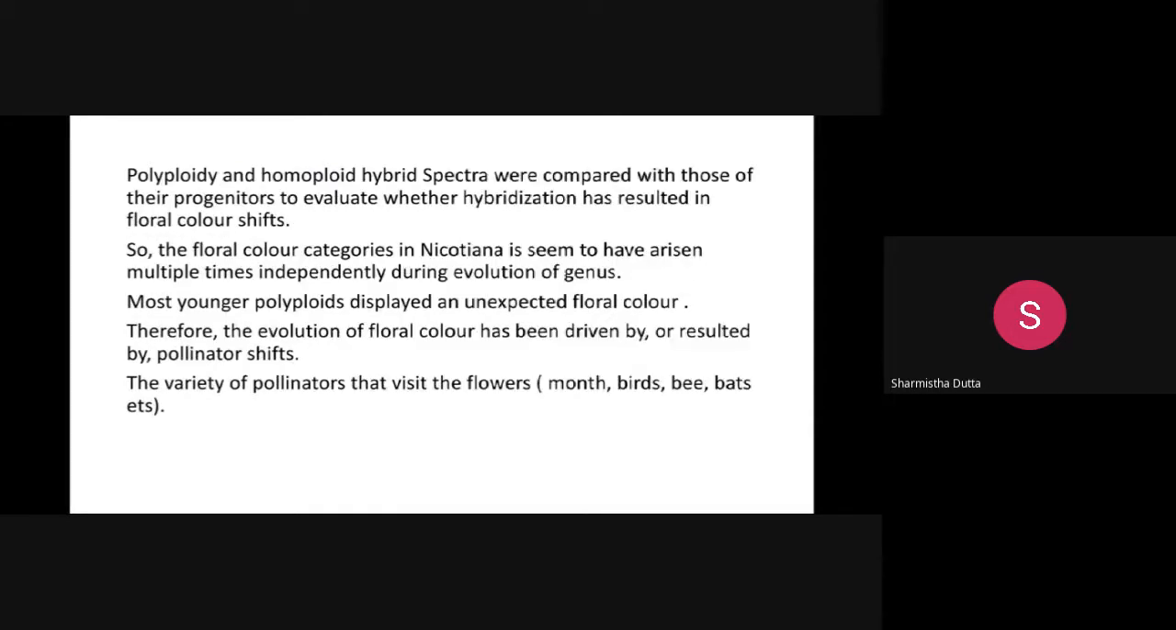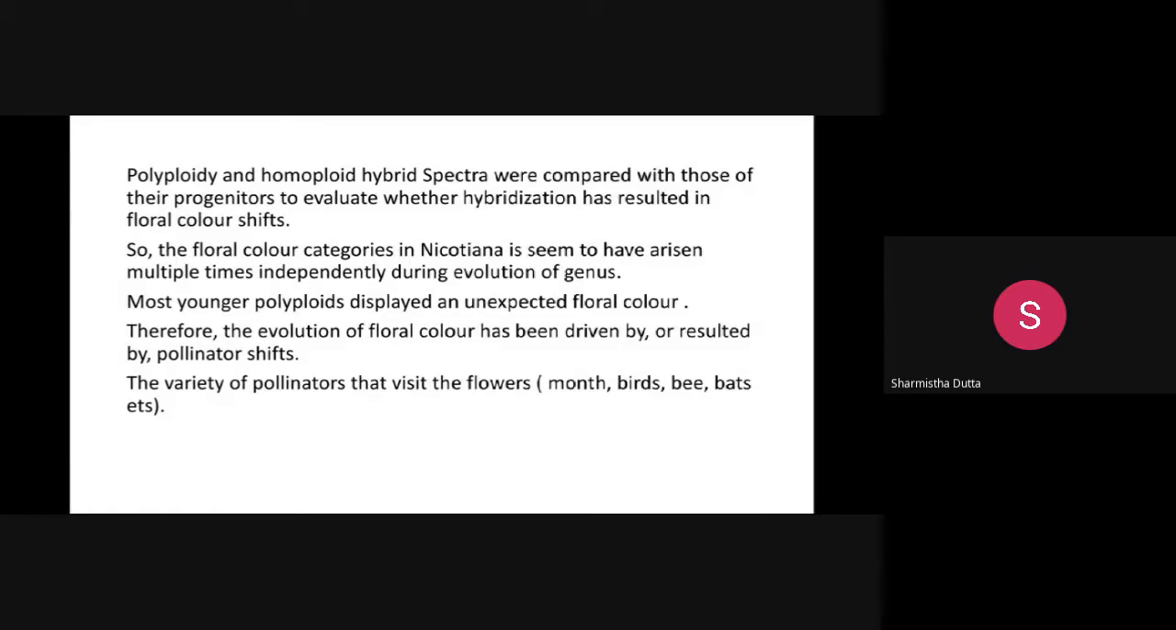So polyploidy and homoploid hybridization spectrals were compared with those of their progenitors. Progenitors is nothing but ancestors or the parents, to evaluate whether hybridization has resulted in the floral color shift. So the floral color categories in Nicotiana seem to have arisen multiple times independently during the evolution of the genus,